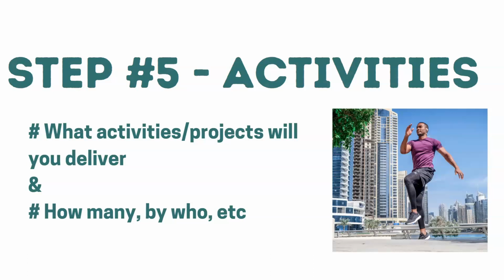Because you know where you are going, by way of impact you want to see in the society, or your impact statement, then you can decide on the activities that is most likely able to produce the outcomes that